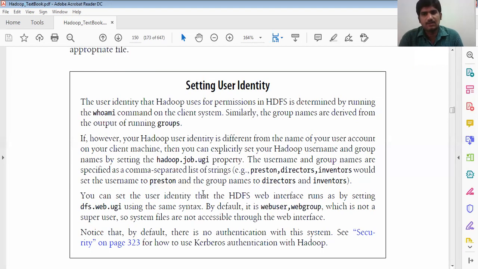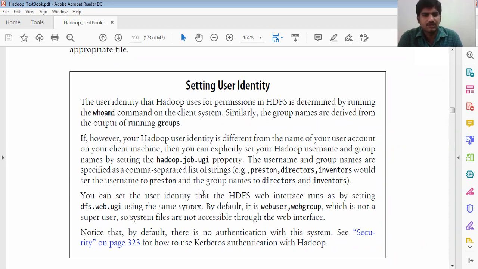The username is followed by a comma-separated list of group names, for example, Peterson is the username, and directors and inventors are the group names.